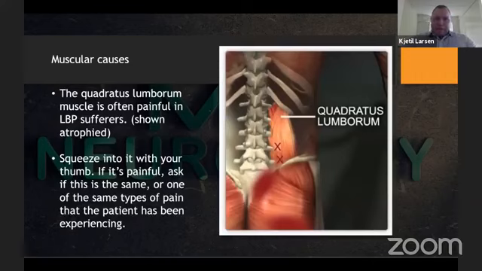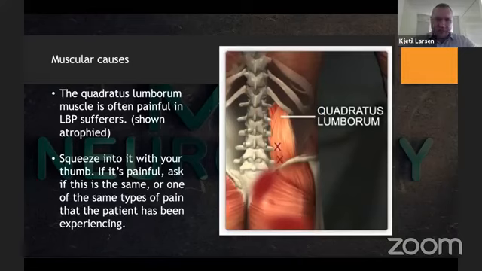We always have to ask the patient, where's your pain? If the pain of the patient is not in the central spine, nor radiating, we can look for some common denominators or commonly affected structures. The quadratus lumborum muscles are a common cause of posterior flank pain. It will hurt with flexion, it will hurt with opposite contralateral bending. And if you squeeze your thumb into the muscle, the patient will scream if they have pathology here,